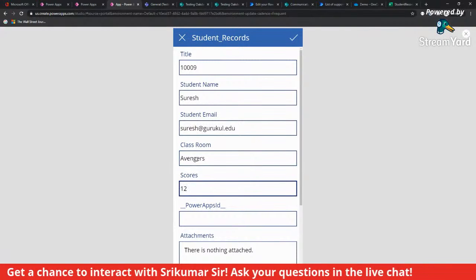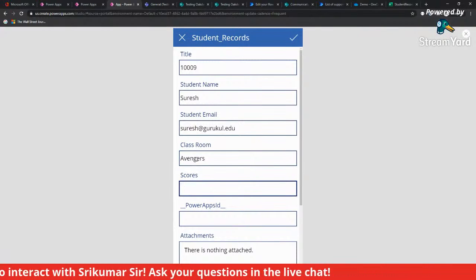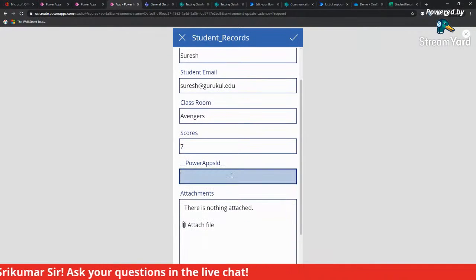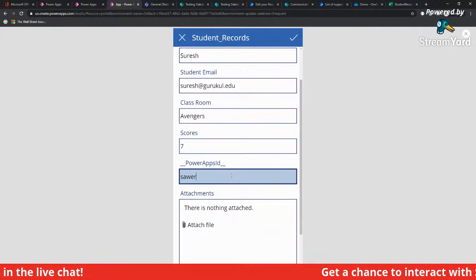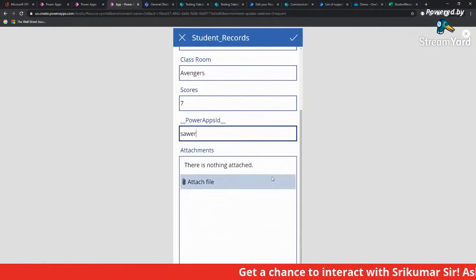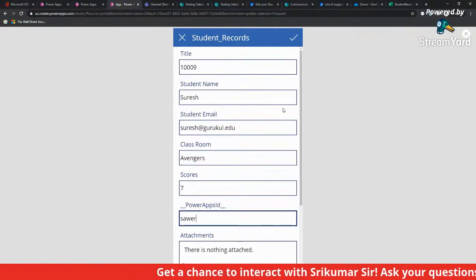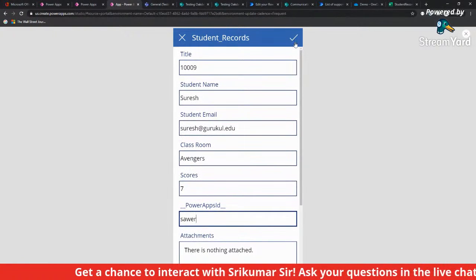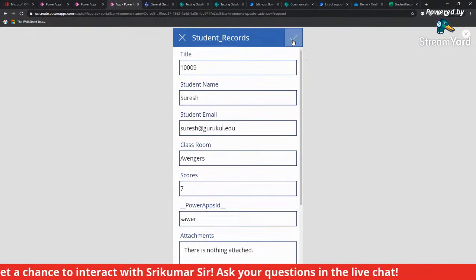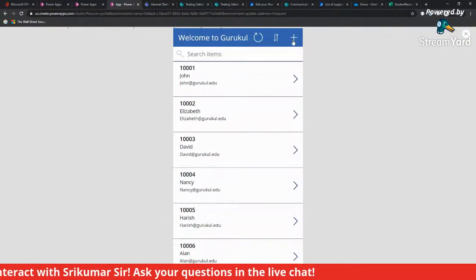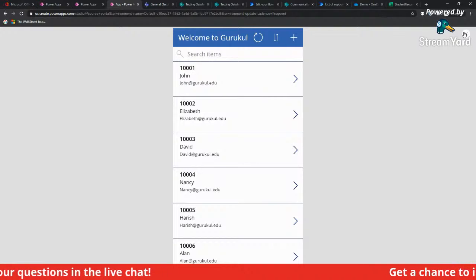Scores are going to be, let's just say 7. Everything was out of 10. Remember, this Power Apps ID has also come. For the sake of moving ahead, I'll just put some random number, and there's also an attachment thing. We'll see, because that SharePoint list was just consumed as is, it picked up all the values. We can go back and fix it. But for showing this process automation, we can just go ahead and do this.